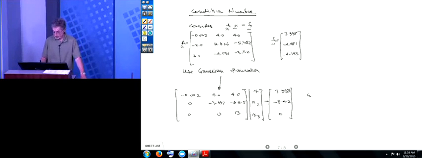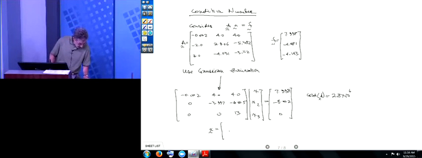Condition number of A, well, let's call this the new A, is equal to 2.8 times 10 to the 6, which is a pretty large number. So when you solve this equation, then x will be equal to,